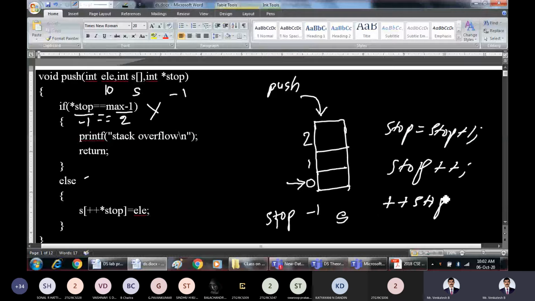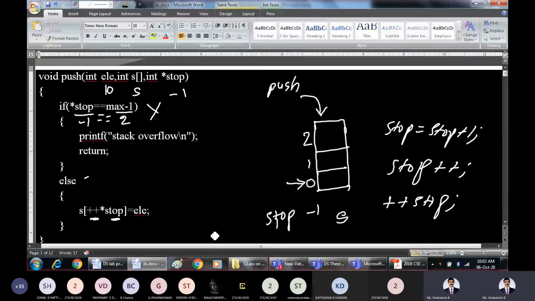We are doing it here with the help of a pointer. First perform whatever is present in the bracket. In C you have studied there are two types of increments, pre-increment and post-increment. Here we are doing pre-increment, which means first increment the top value.